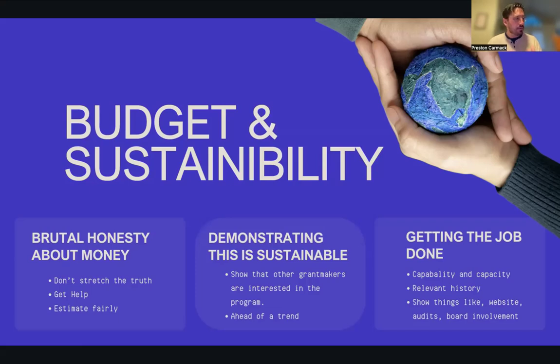And again, we've talked about this a little bit already, but estimate fairly. Estimate the real cost of what it's going to take to do this for your organization. Don't inflate it. That will get you in trouble, but so will underestimating. When you underestimate real costs that go into making a program run, then you're left with a resourcing gap because you're having to cover that yourself and you hadn't planned for that.